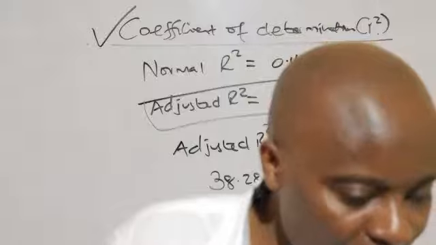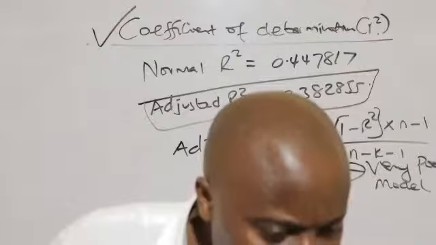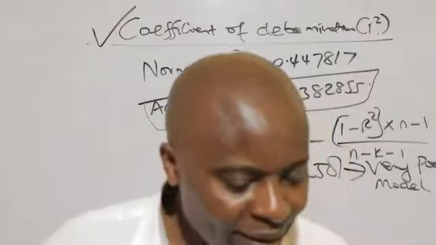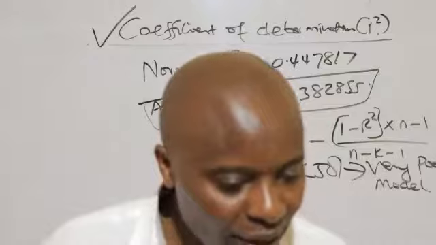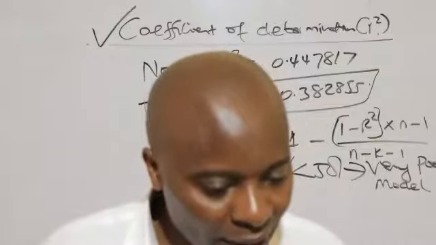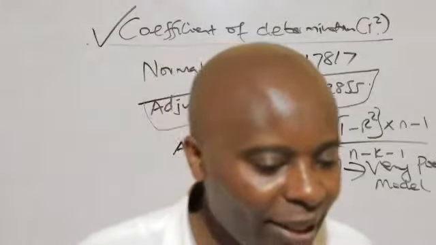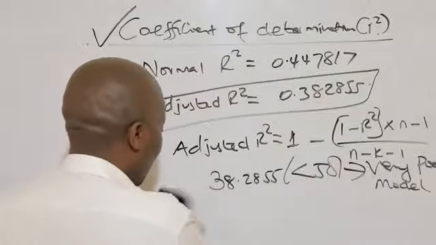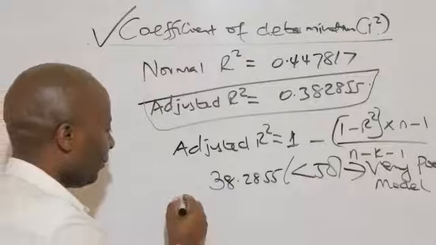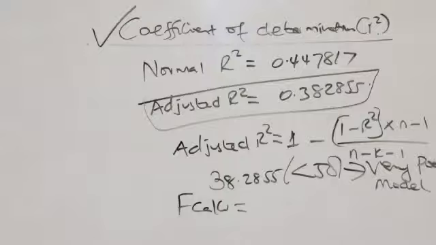A very good student here, Evans, is saying that the F value is significant because it is larger than the F table's value. Since 6.89 is bigger than that, the model is significant. Really, that is what you're supposed to be talking about. So the F calculated, ladies and gentlemen, the F calculated